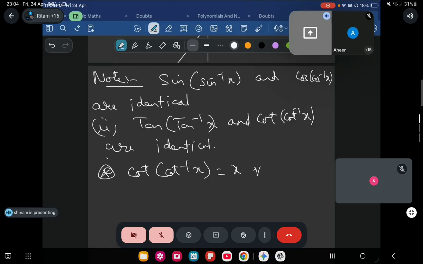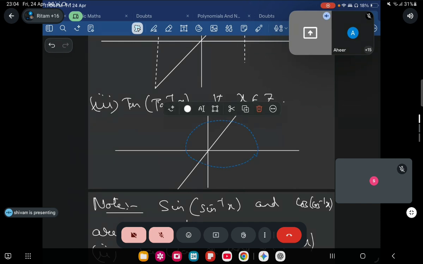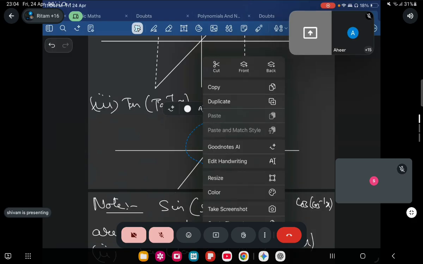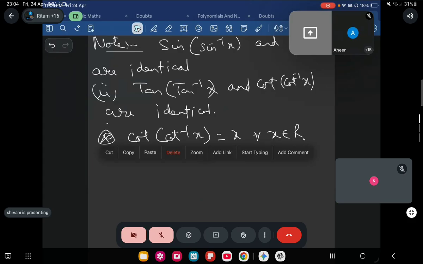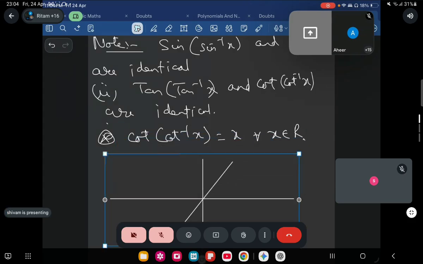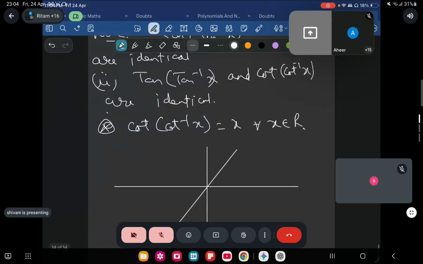This will be equal to x for all x belongs to real. So same graph, everyone. Same graph as tan of tan inverse x. Okay, this is how the graph will look like. Next,